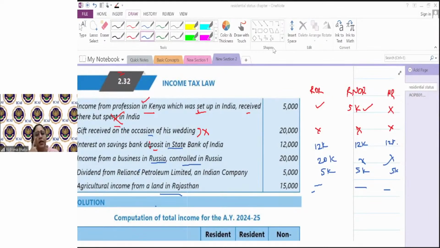एग्रीकल्चर इनकम केनिया से है तो ROR के हाथ में टैक्सेबल होगी। अगर वो कीनिया में ही मिल रही है तो नॉन रेजिडेंट और RNOR के हाथ में टैक्सेबल नहीं होगी। बट इन द हैंड्स ऑफ ROR इट वुड डेफिनेटली बी टैक्सेबल, जस्ट लाइक नेपाल में एग्रीकल्चरल इनकम था वैसे वाला।